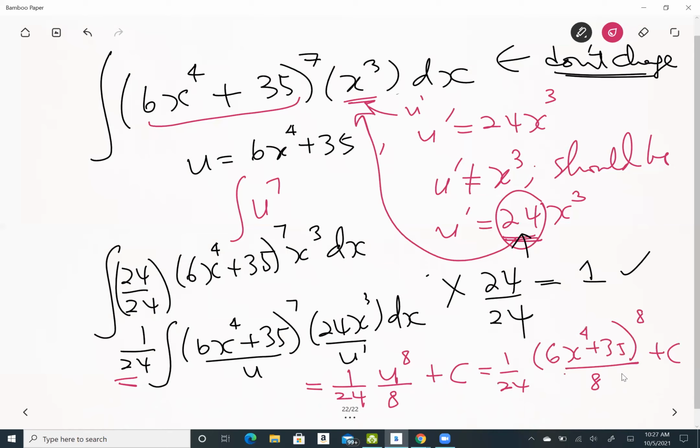Correct. I give you another example, I want you to practice this. You can multiply by a constant, a over a, whatever it is, so that you get the u prime. So I'll give you another example. Let's say I want to find the integral of